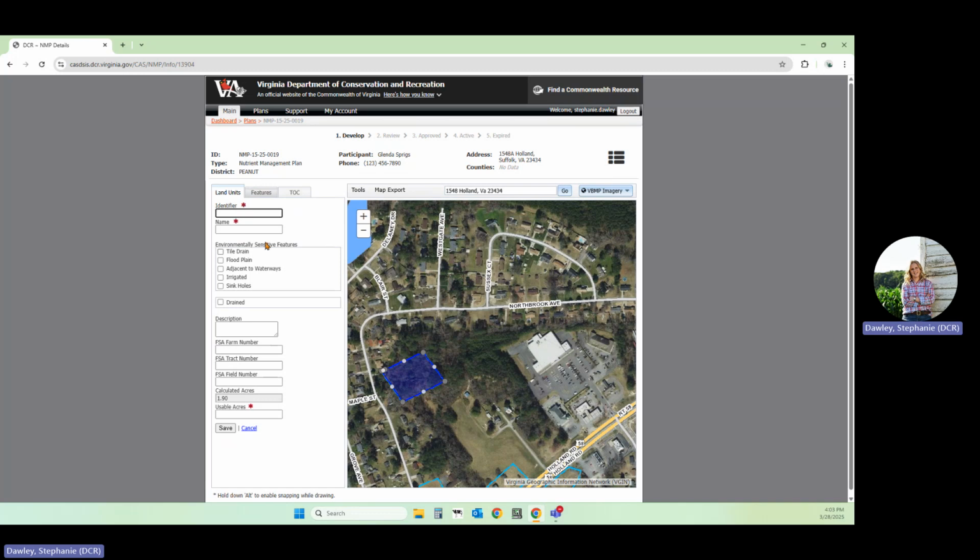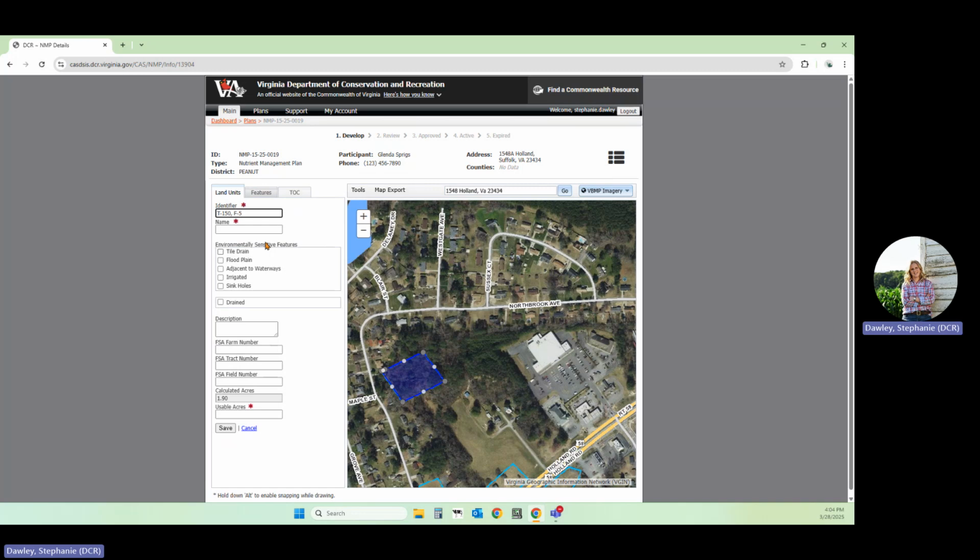The identifier is what will be the unique identifier to that field. You can't have two field fives in a plan. So this is what you would use to associate the information to that field. Often a planner can use tract or field information if it has FSA numbers, or you can use how the farmer soil samples it, whatever works best for you and the farmer. For this example, I'll say I want to use tract. If it's tract 150 through the FSA and it's field 5,